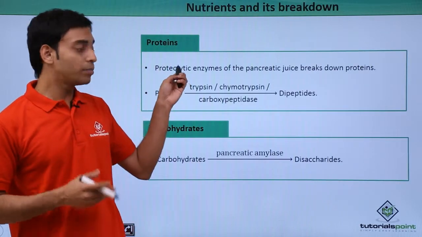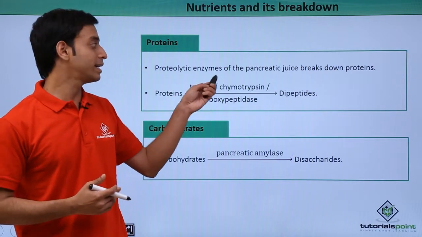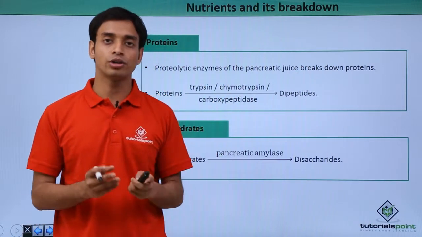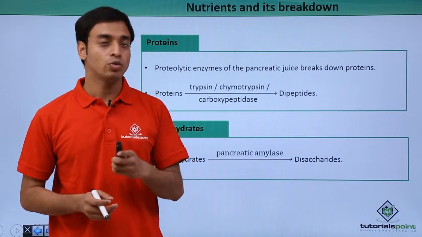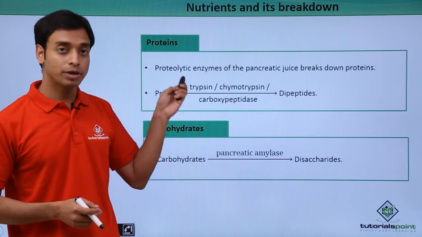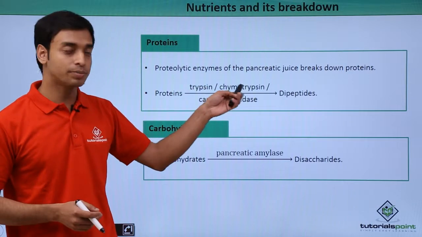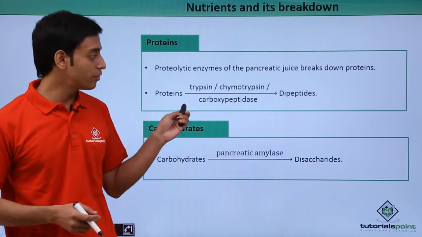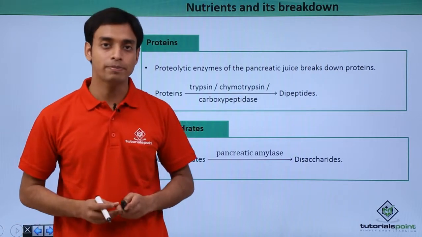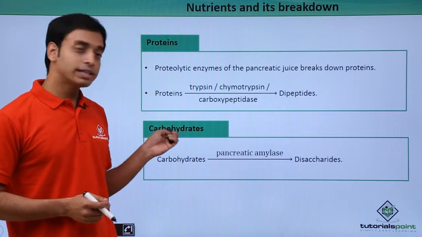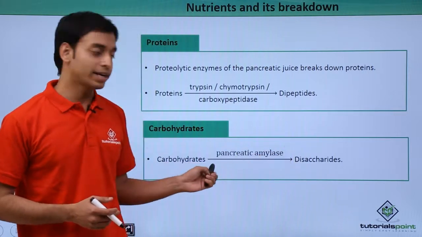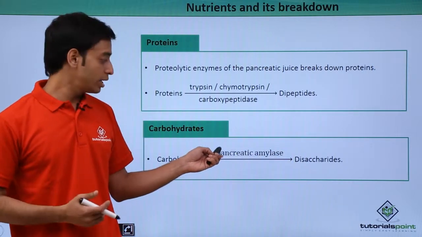Because of the presence of various proteolytic enzymes in the pancreatic juices, proteins are broken down into smaller peptides. For example, because of the presence of trypsin, chymotrypsin, and carboxypeptidases in the pancreatic juices, proteins are converted into smaller dipeptides. In case of carbohydrates, they are mostly converted into disaccharides like maltose because of the presence